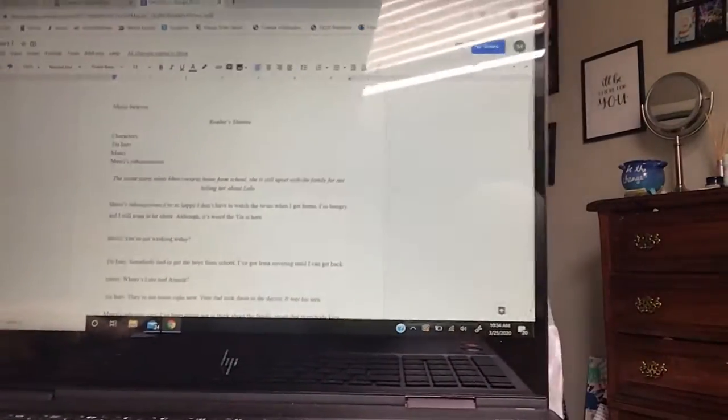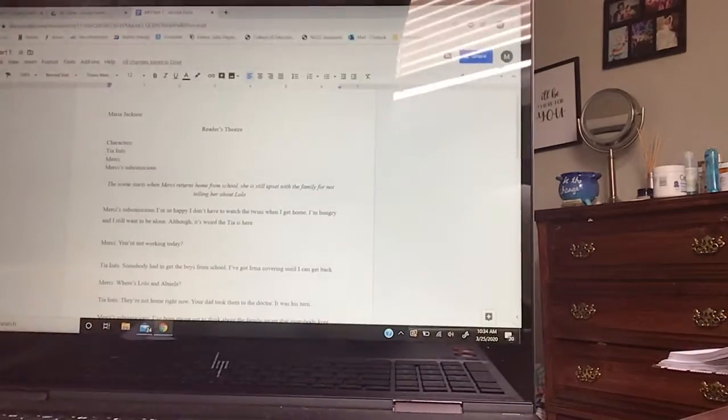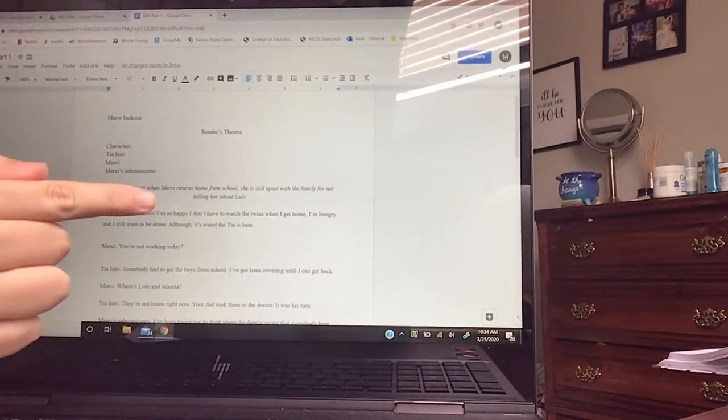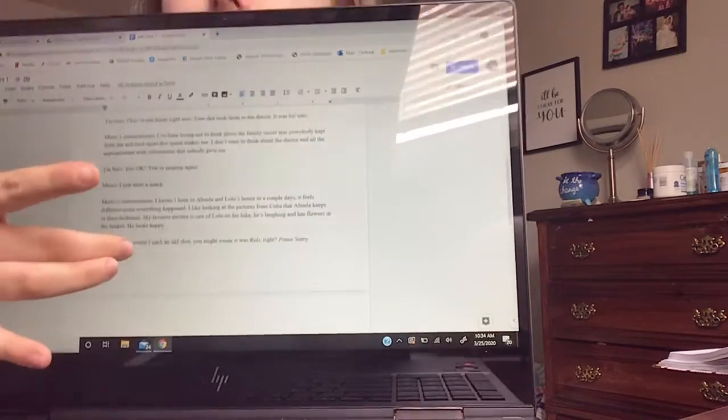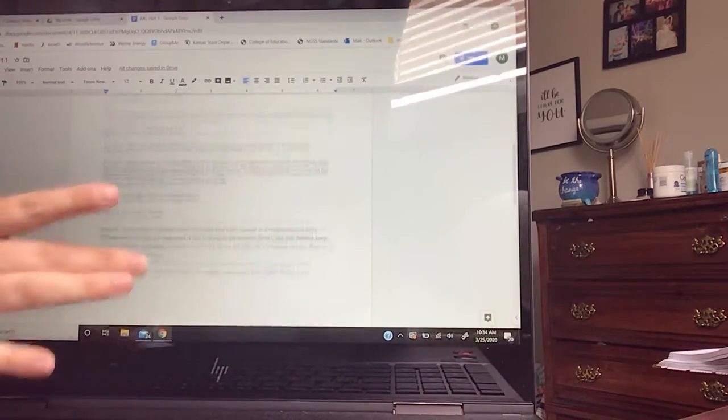And the way I structured my script, let me flip this around. I have these in italics, just setting up the scene, and I left a lot of the inflection of the voice up to the student.